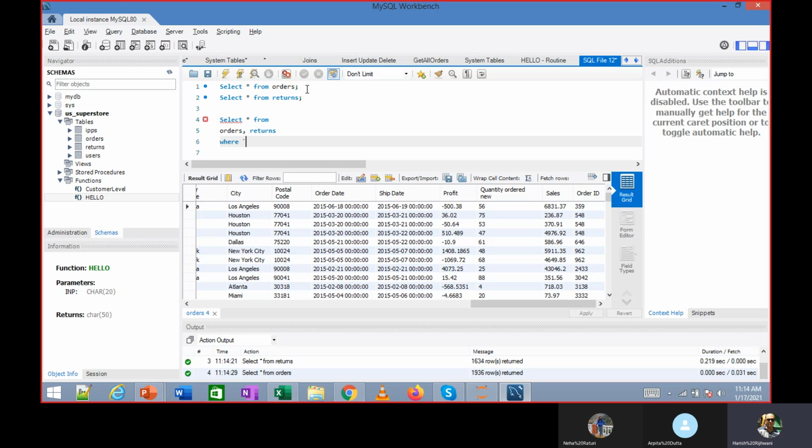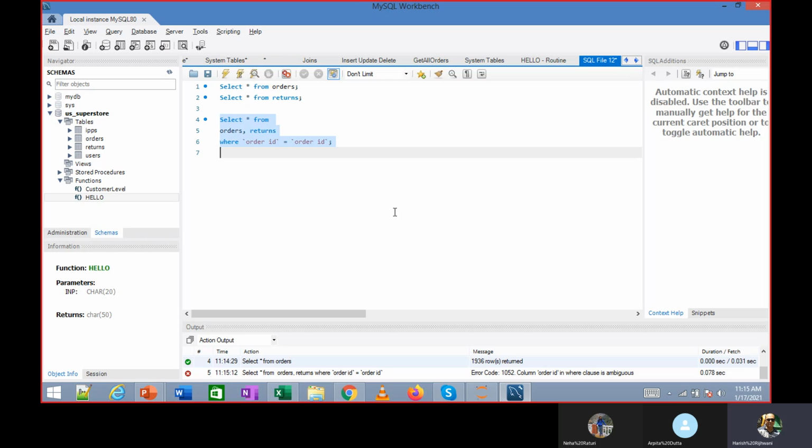I cannot write order ID equal to order ID. If I write it like this, it will not make sense because the system is not going to understand which order is for what. Column order ID in the clause is ambiguous. It does not understand it.